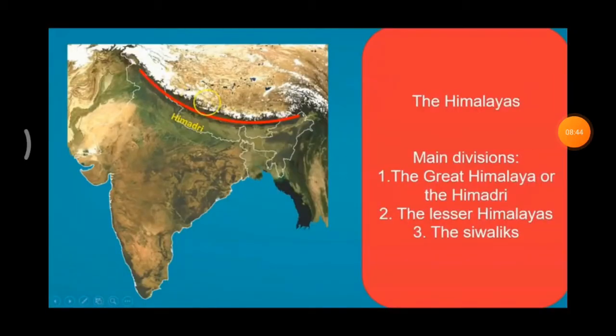The northern mountains, that is the Himalayas, are grouped into 3 divisions. First one is Trans Himalayas, second one is Himalayas, third one is Eastern Himalayas. The prominent ranges of the Trans Himalayas are Zanskar, Ladakh, Kailash and Karakoram. These are all mountain ranges. Next one, the Himalayas.